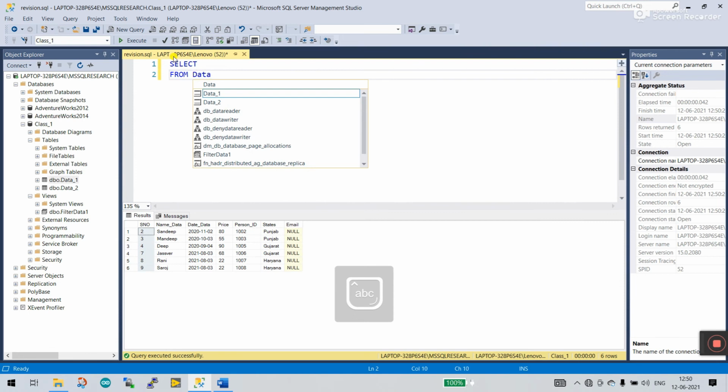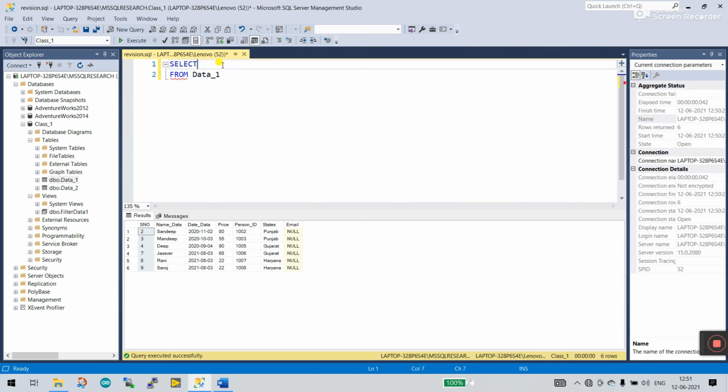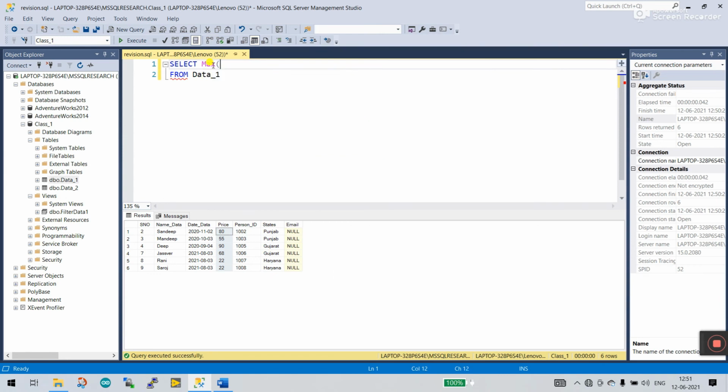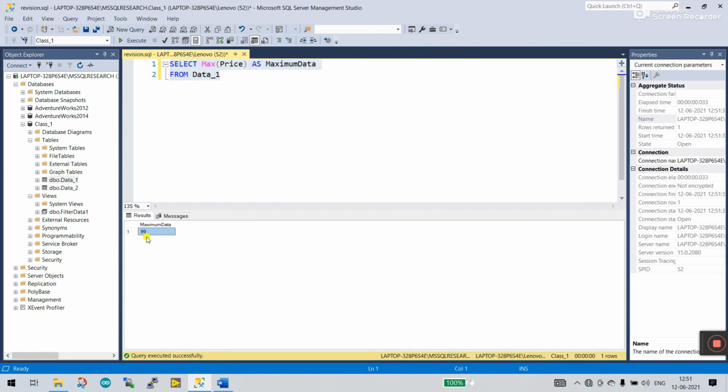From data1. Then I enter the column name, price, with MAX, which means maximum: MAX(price). Now you need to rename your column name, so I enter AS maximum_data, like this. Click to run, and you see the maximum is 99.